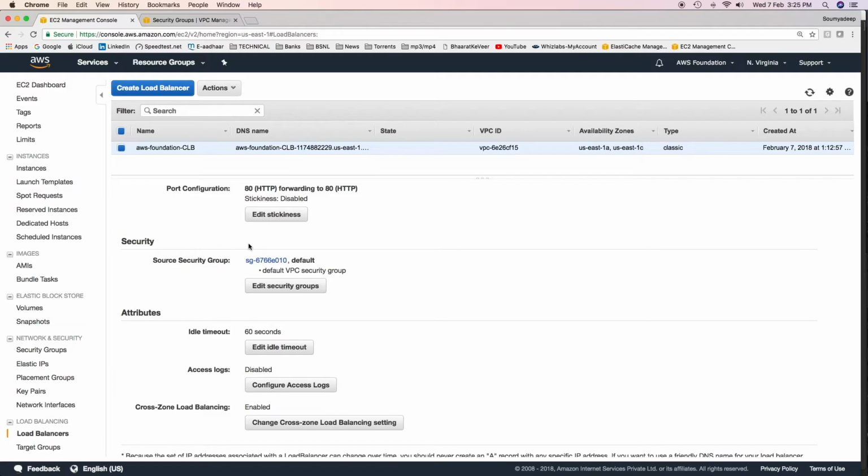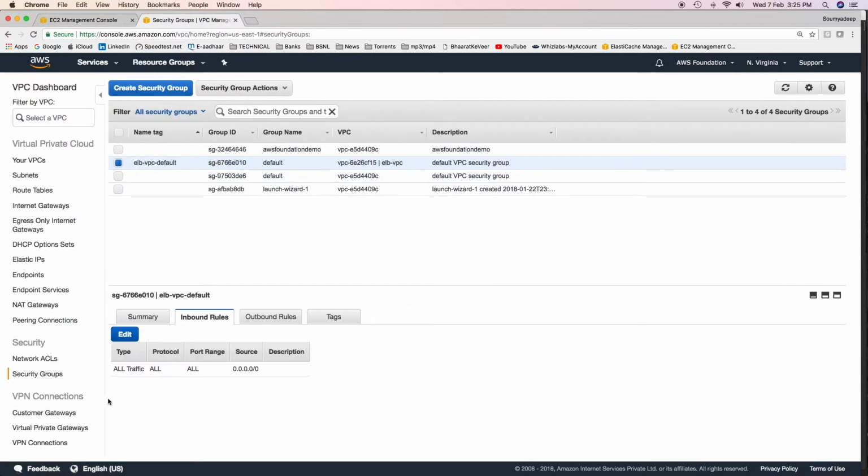The final piece of the puzzle are the firewall rules. One of them is implemented using security group. So this is our security group E010. That is the default one, and we have allowed all inbound traffic and all outbound traffic. The reason for this is it's pretty easy to implement firewalls using security groups. Complication occurs in network ACLs. So in this case, we'll implement all our firewall rules using network ACLs.